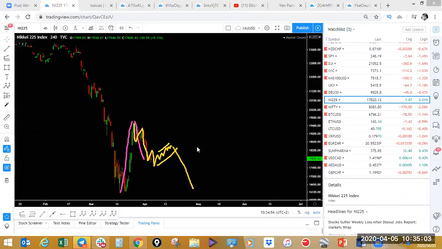And this could be a regular flat. So if it's a regular flat, we expect something like this. Then you expect this one to make a move to the downside. So if you see a deeper corrective structure here, you can take the trade to the downside on the Nikkei,